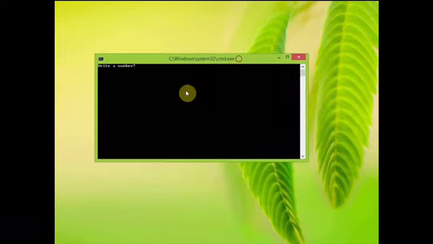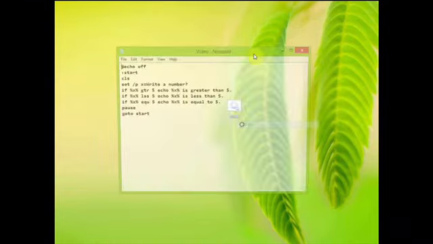Let's check it out. If we run it, it's going to ask us to write a number. If we write 3, it's going to say 3 is less than 5. So that's a true statement. And then if we do a number greater than, so 7, 7 is greater than 5. And then we could also do 5, and it says 5 is equal to 5. We could do that with any number.